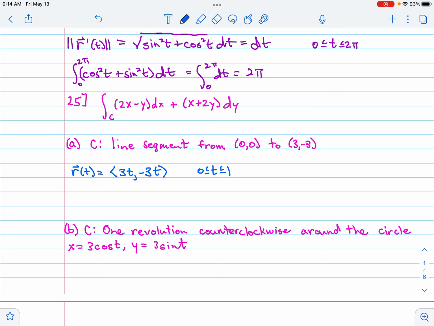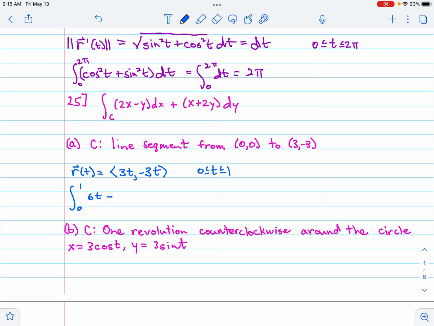So if I put a 0 in here, I get 0, 0. If I put a 1 in here, I get 3 now. Yeah, perfect. So all we need to do now is plug in, and we're going from 0 to 1. I've got 2x, so this is going to be 6t